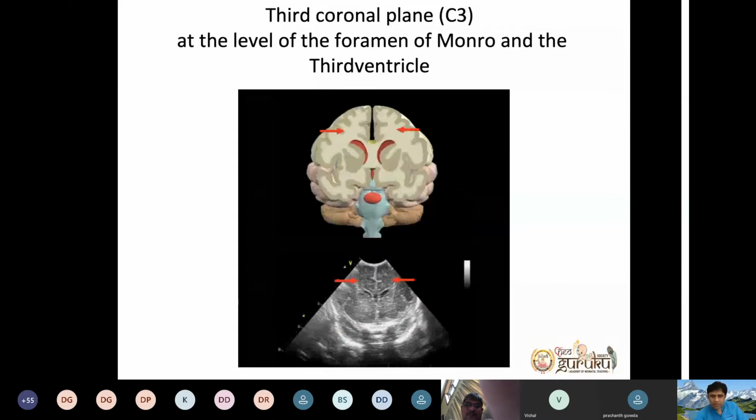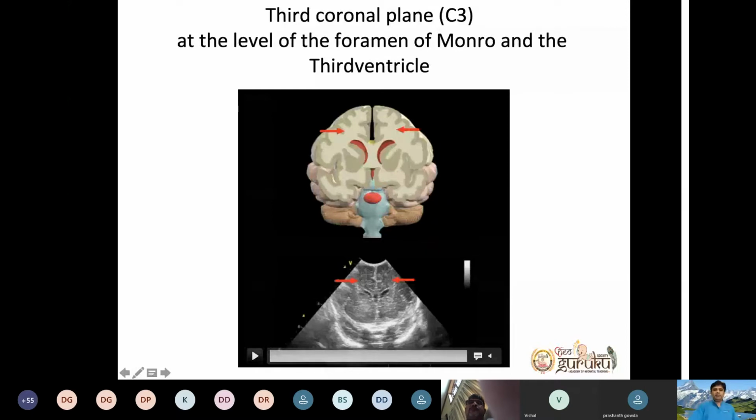So from top to bottom, if you want to read, your layers of skin, then you have your pia, arachnoid mater, interhemispheric fissure, corpus callosum connecting both. This is your corpus callosum connecting both. So you need to look at that. Then the lateral ventricle, medial to lateral, then your caudate nucleus. Then you have your putamen, then you have your Sylvian fissure, then you have your temporal lobe, third ventricle. This is your pituitary gland, like a red cherry, which is shown here. So anterior to that, if you go a little slice backwards, you see your hypothalamus on either side. So this is how it looks like.